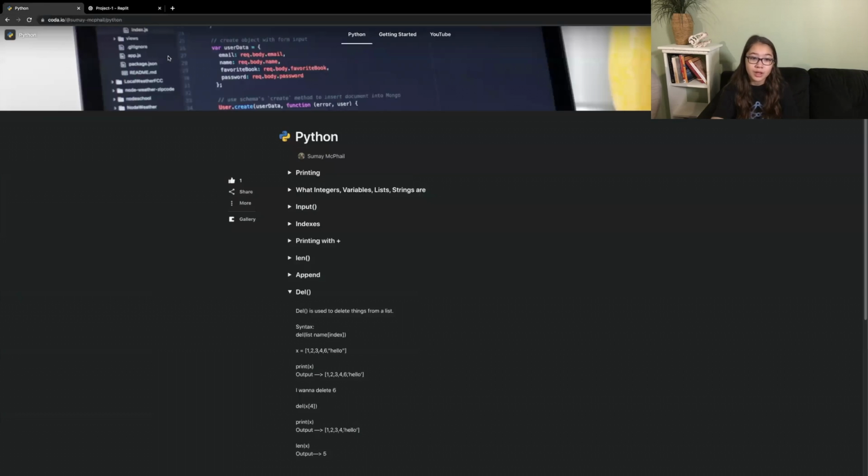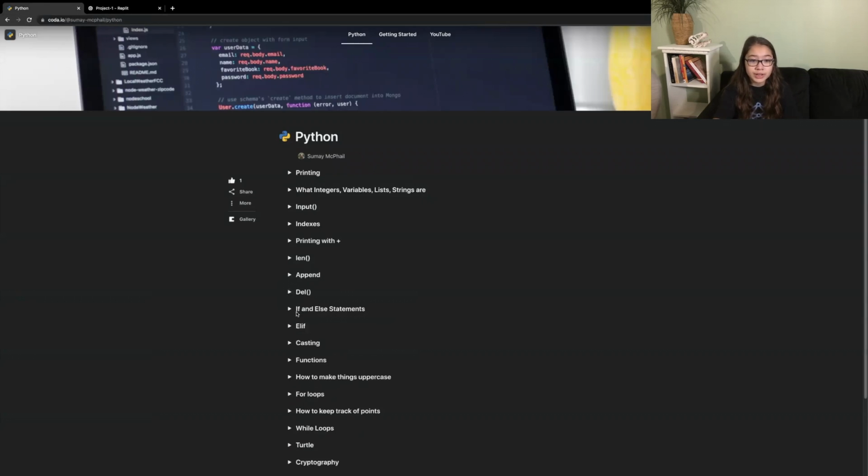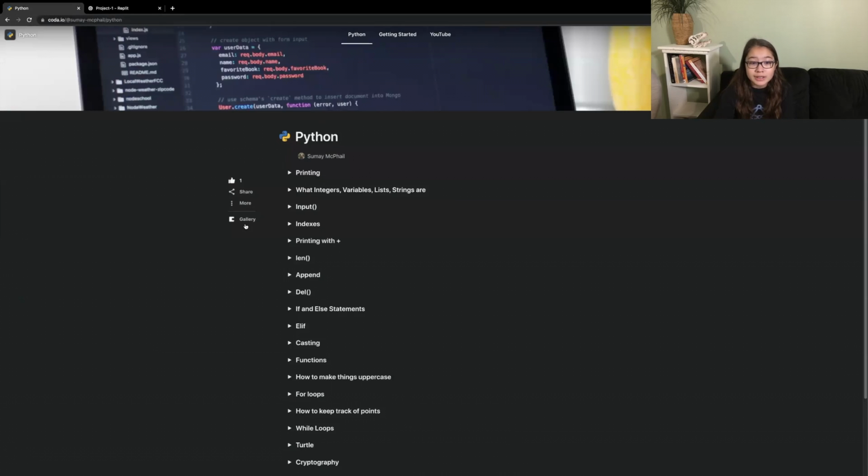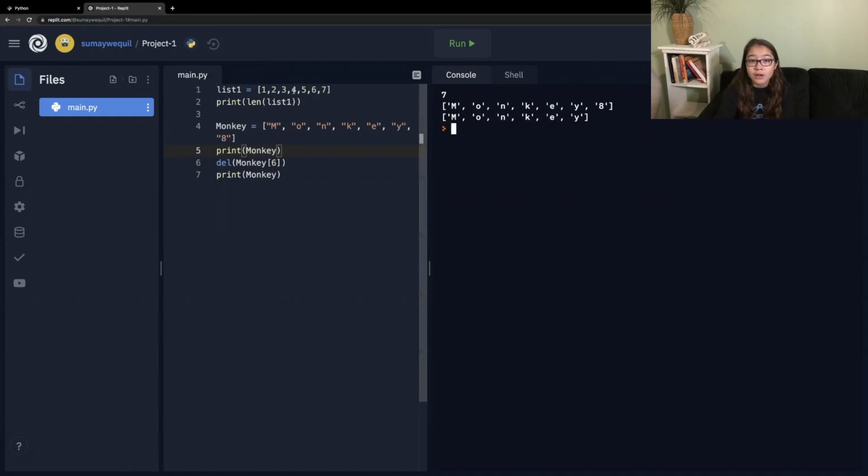Okay, so the next thing is if and else statements, and this is something that is used in pretty much all other programming languages as well, just the syntax is different. And so basically, if and else statements is something where depending on the scenario, you want to do different things. So let's say